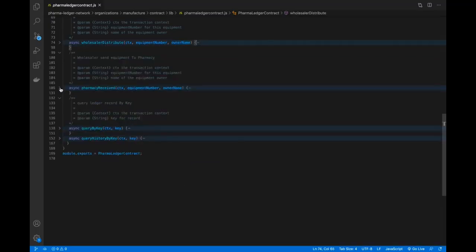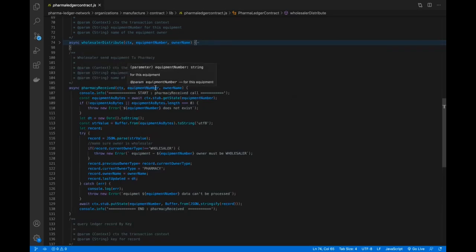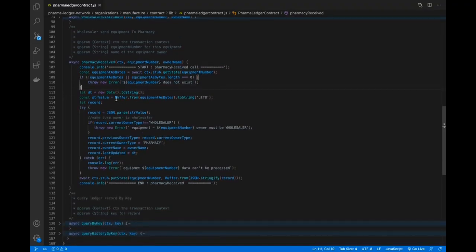Next is pharmacy received. So this again has context parameter, equipment number, owner name. Here again you are going to get the asset using the equipment number, and again you are going to check whether that equipment as byte is a valid value or not. And then you are going to convert that into usable readable JSON format, and then here you are going to parse it,